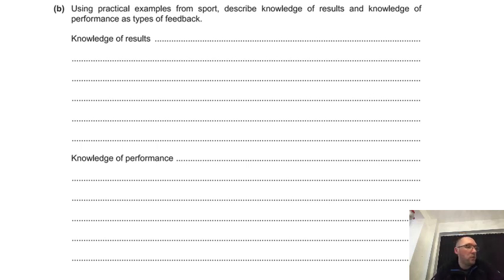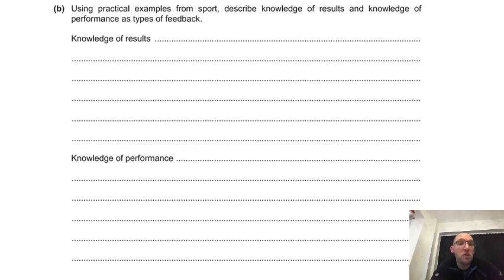So what we're looking for here, knowledge of results: information, terminal feedback about the end product outcome of the competition or sports performance, or knowing how they have done, or knowing the score of the game, e.g. a coach tells Brynn her time completing the 100 metres race was 10 seconds. Or a football team wins 2-0. That is the example, and then you put the explanation. It is the final result.